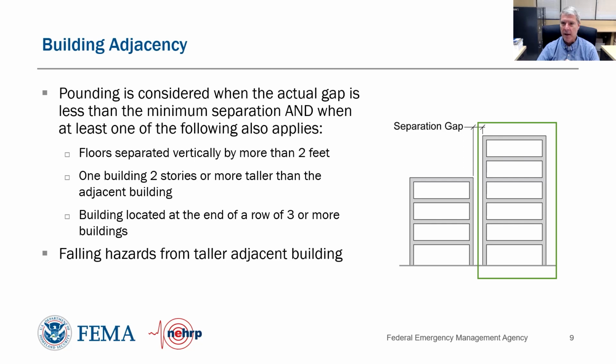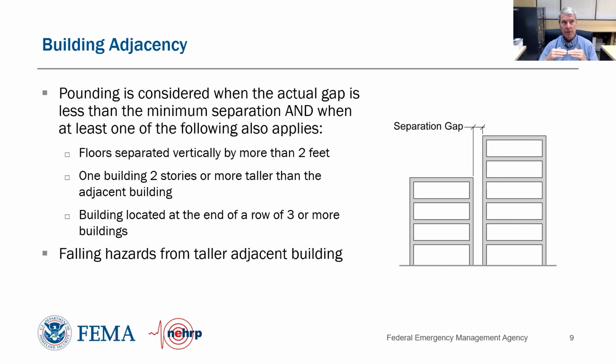We have a 6-story building on the right and a 3-story building on the left, with a separation gap between the two adjacent walls. And so pounding is considered when our gap is less than the actual gap between the buildings, and as a function of our story height of the lowest building and our seismicity region. So if our floors are separated vertically by more than 2 feet, this was our criterion